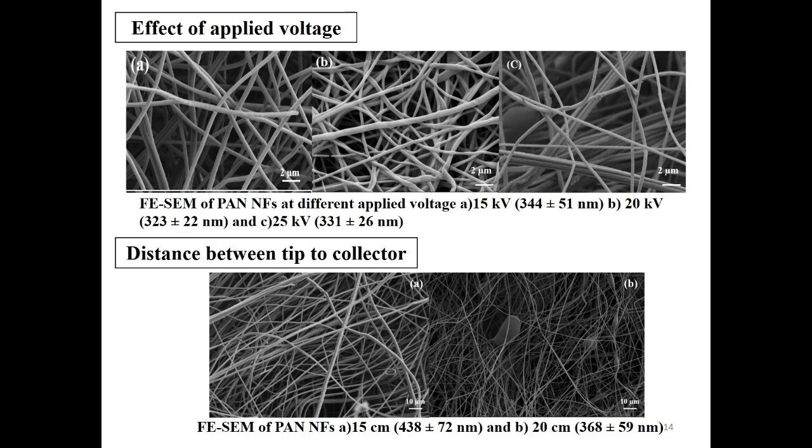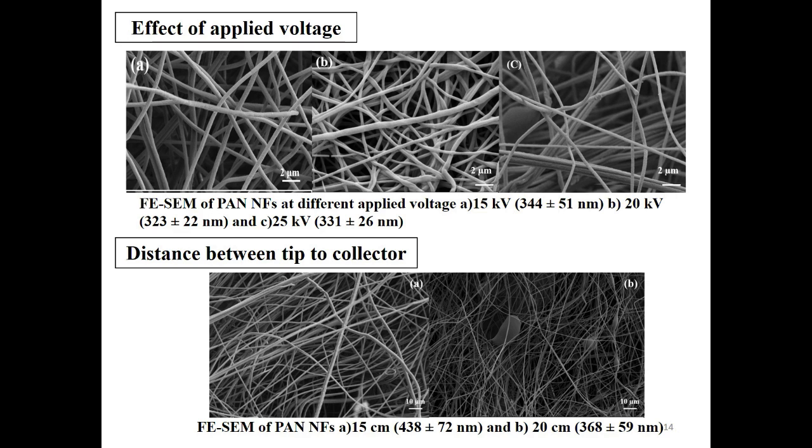Distance between the tip and the collector. Tip means a needle. From that needle, the fiber starts to be drawn, and where that fiber is collected, that distance should be the maximum one, so that the tension is very high. Because of the high tension, there will not be any sagging or formation of any knot. And therefore, when the distance is 15